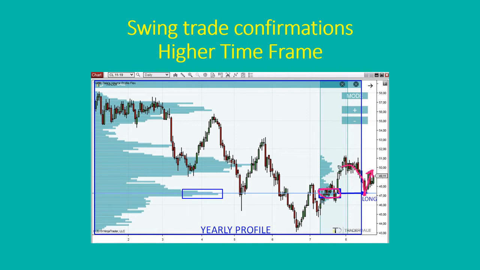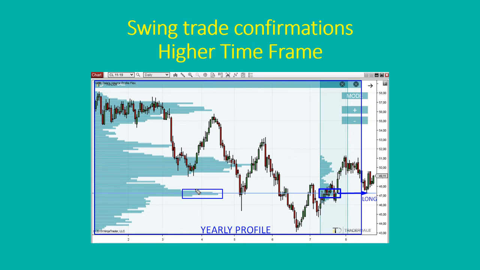All right. Now, if you look at the yearly profile, you can see that as it was developing, there was a significant volume zone right there, exactly at our level. It was not the point of control. The point of control was in here. By the way, there was a nice reaction to the point of control. But the thing I wanted to say is that you don't need to watch for point of control only, but